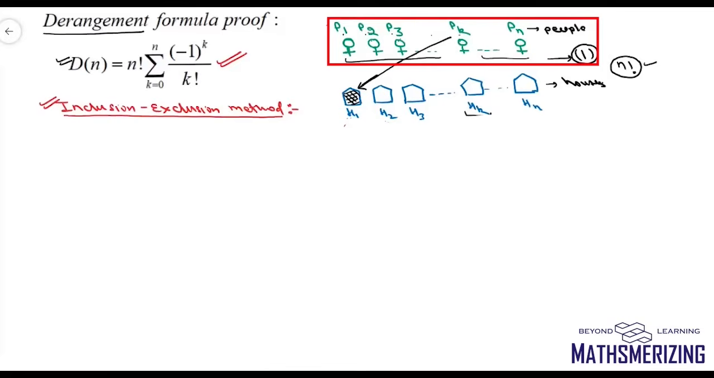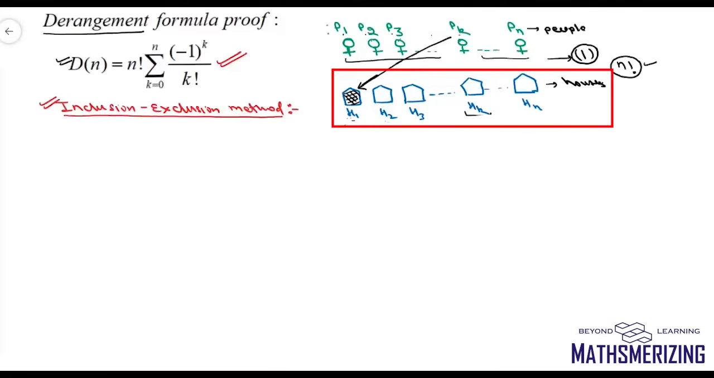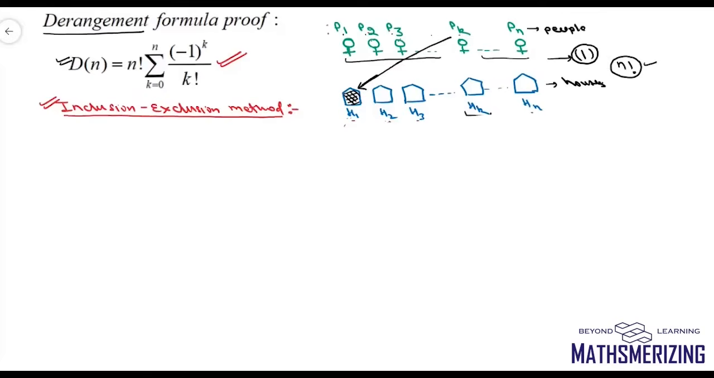P1, P2, P3 and Pn, and then there are n houses H1, H2, H3 and Hn, and each person has his or her own assigned house. So house H1 belongs to P1, H2 belongs to P2, H3 belongs to P3 and Hn belongs to Pn. Now we want to work out the total number of derangements so that none of the persons goes to his